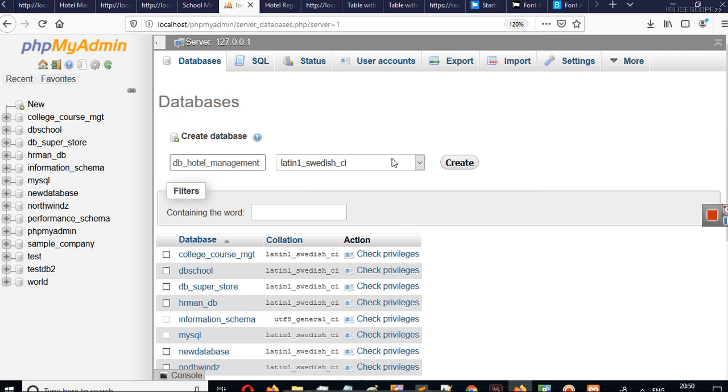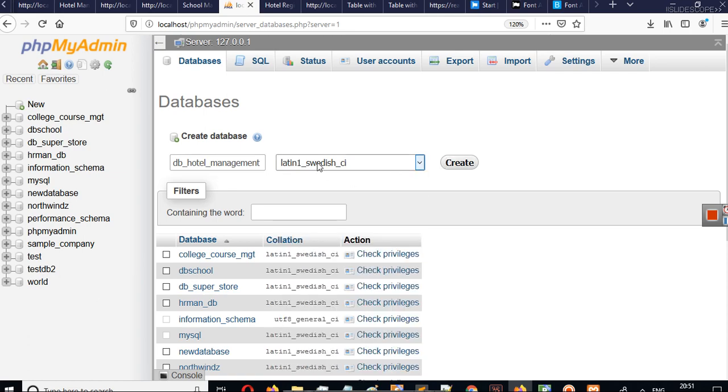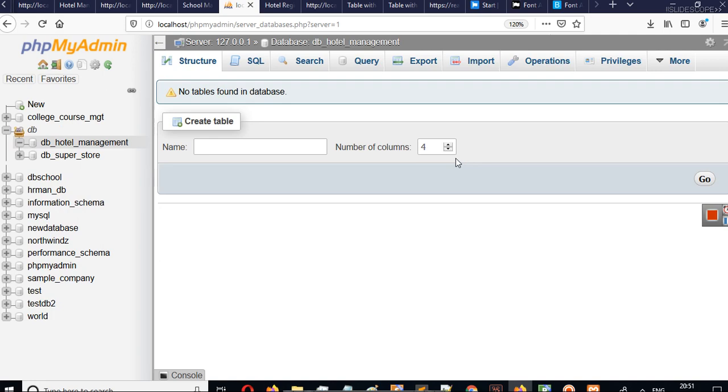Leave this collation as latin1_swedish_ci. Leave the default value for whatever default value you have. Choose that default value, ignore everything and click create. This is how your database is created.